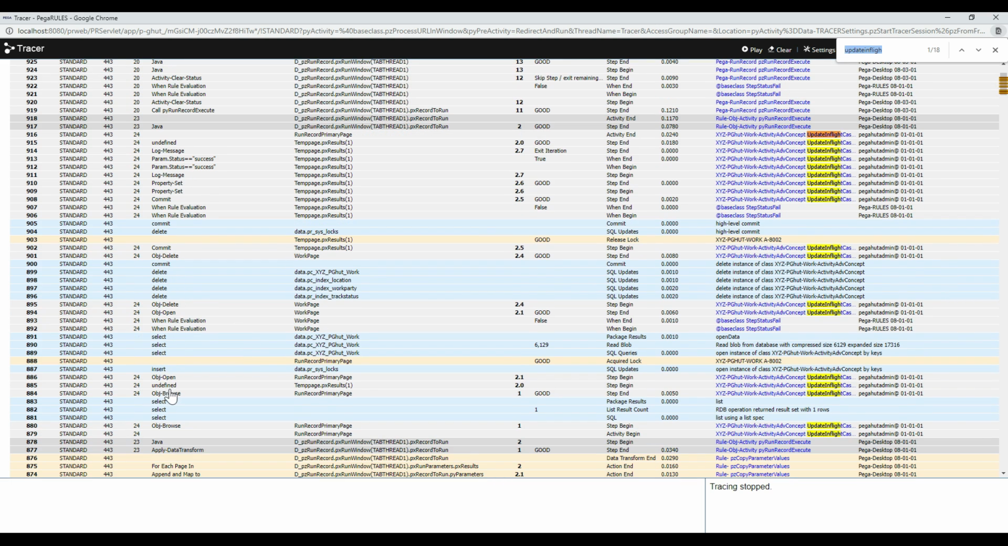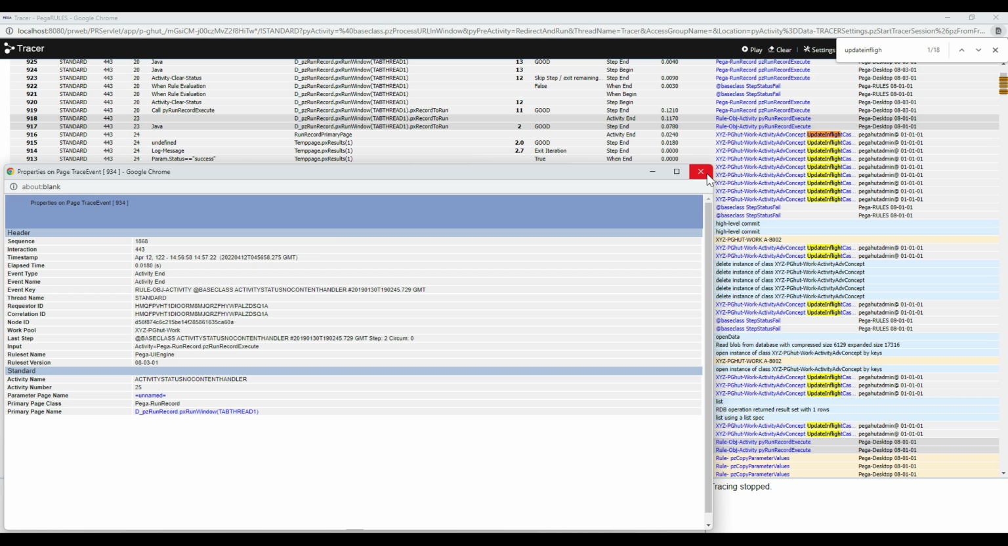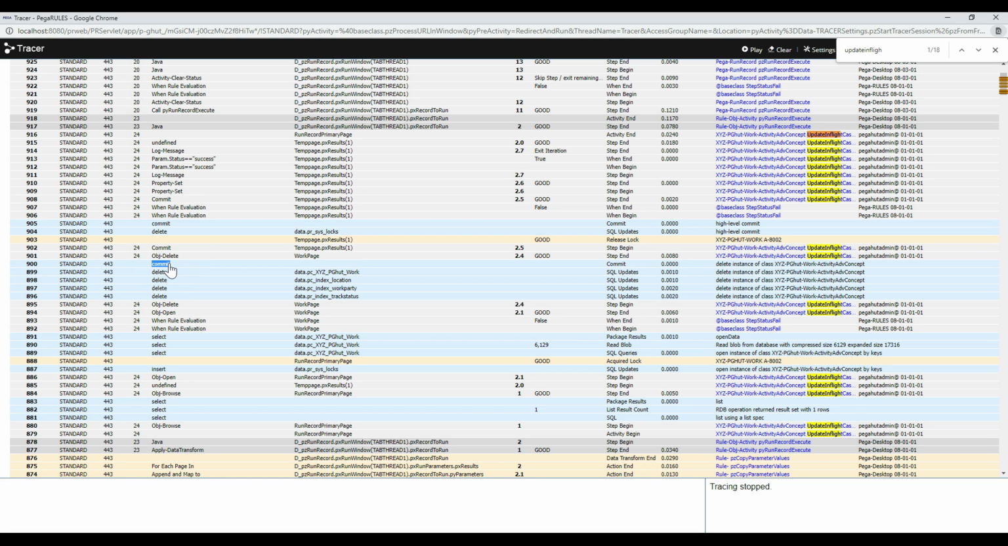So here if you see, object open is done. Now object delete, step end, right? Where is the begin? Okay, this might be the begin. Yes, this is the begin. Now because I have done immediate, what Pega does is Pega automatically deleted that row from the PEGA work table, and then Pega itself did a commit. So basically that's what Pega does. Instead of